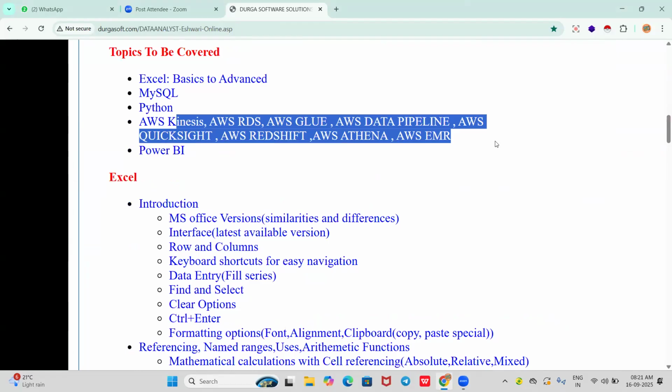Along with that, AMI, and also the S3 buckets and the EC2 compute services as well, which are very important for us to analyze things.